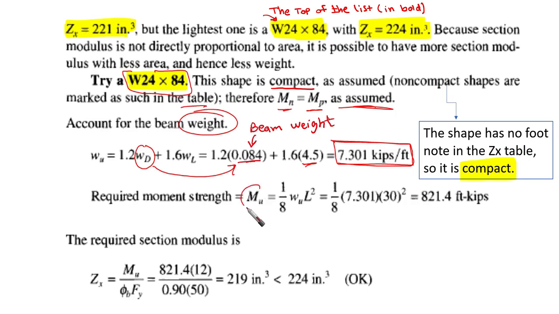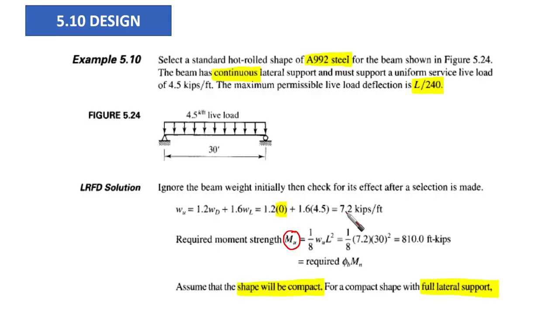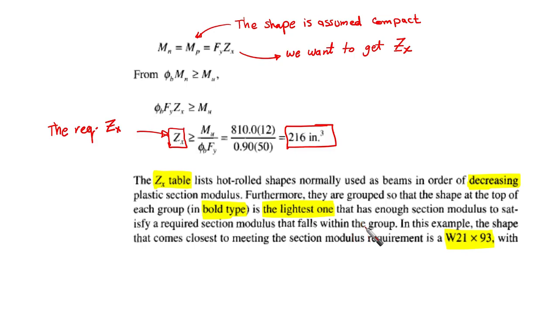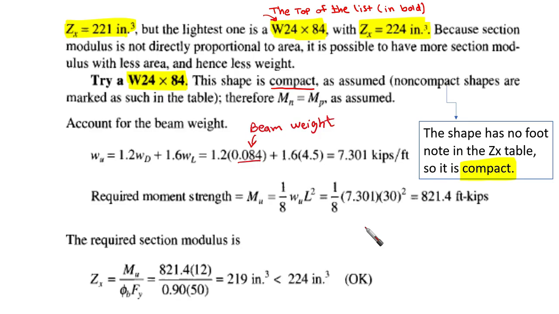And the Mu is going to be very similar to what we have done before, but this is going to be 7.3, right? Before it was something like 7.2. Okay, so it is not a big deal, I guess. And you are going to find that everything is okay. So this Mu is